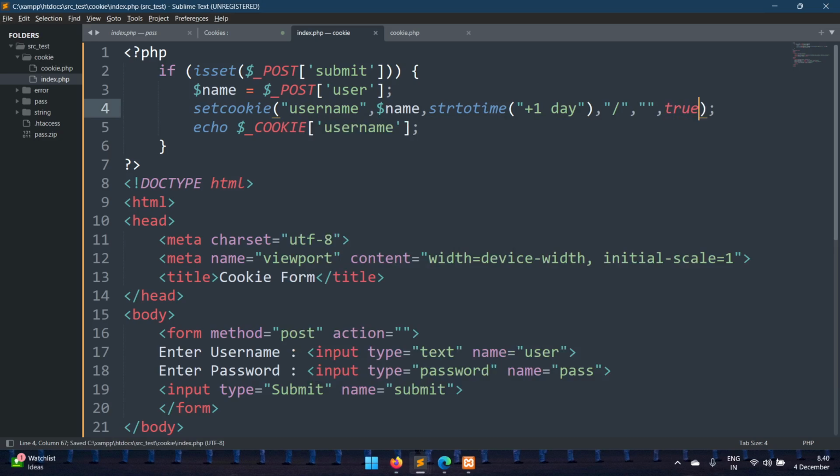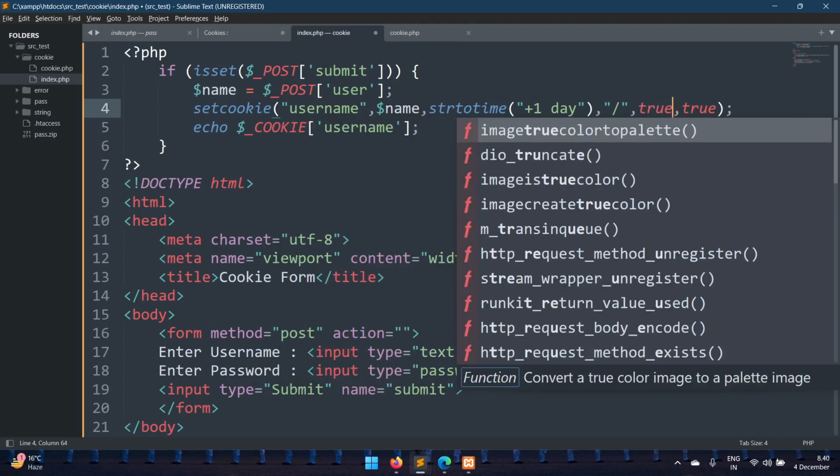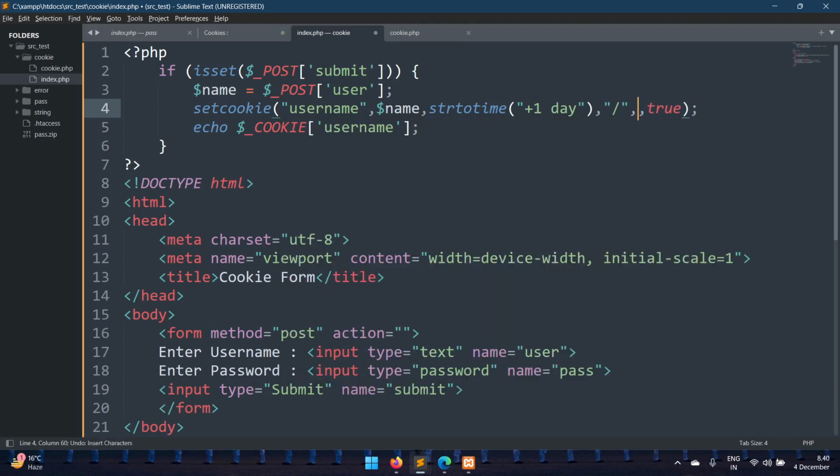Remember that if the application uses SSL, then in that case here also you need to set that to true, because it is for SSL. But right now we are only on HTTP. In localhost we don't have SSL right now, so we don't need to set it here. So we can set the HTTP only to true here, and now let's try to